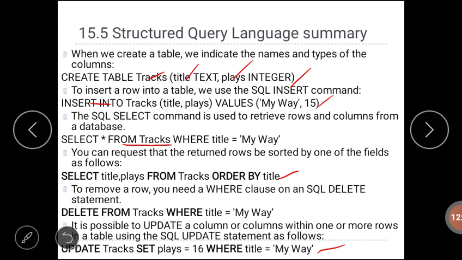Next, the DELETE command. Here the record with the value of the attribute title as my way is deleted from the table tracks, that is DELETE FROM tracks WHERE title equal to my way. These are some of the important commands that are used in SQL queries.